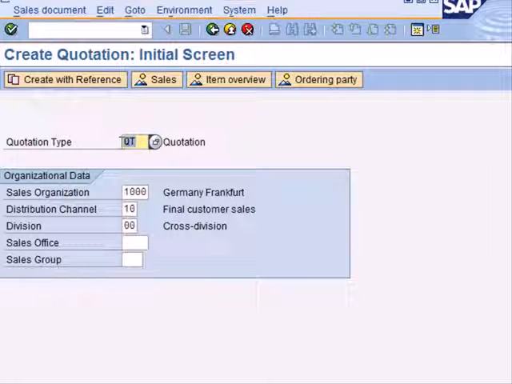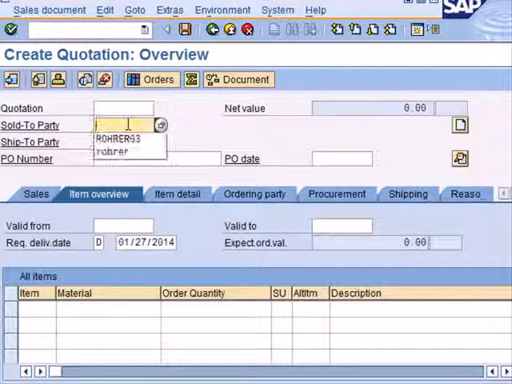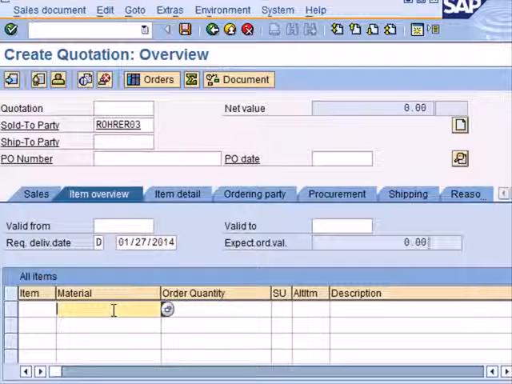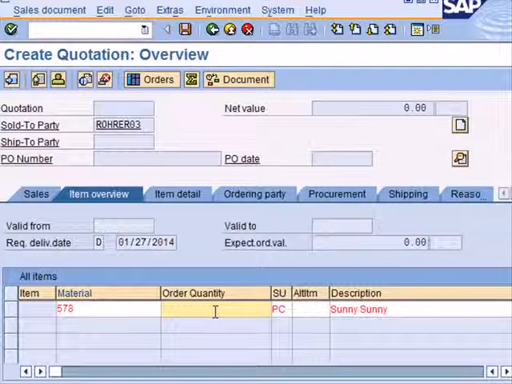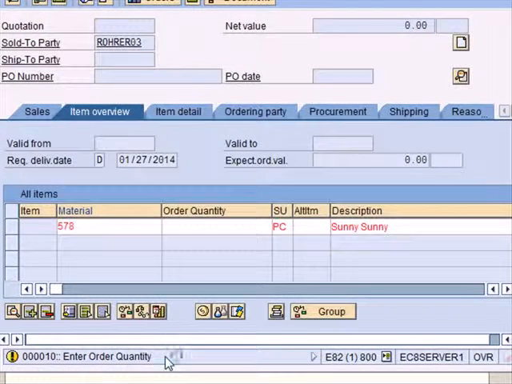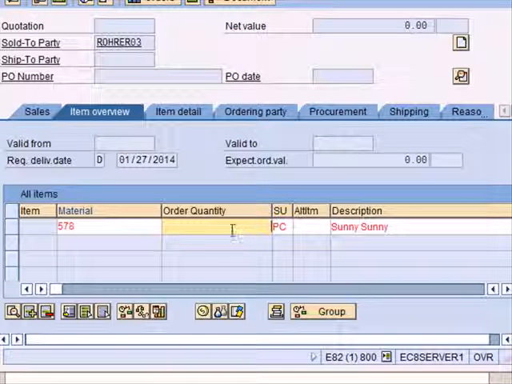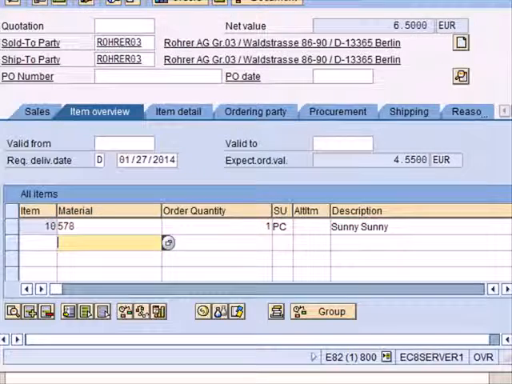I create a quotation. This is a standard quotation type, and this information has been defaulted from my profile. I enter my customer and I enter my material 578. I need to enter the quantity as well. If I don't, I will get an error. So let's see how that works. This is my error: enter order quantity. The system will tell you what you've missed out. So I enter quantity 1,